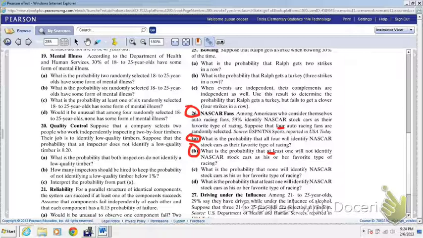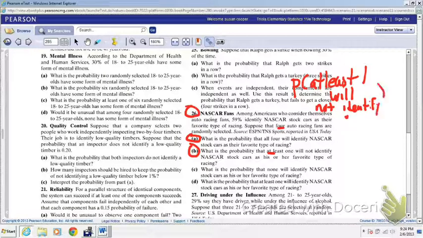At least one will not identify. I translate this. Okay, so the probability that at least one will not identify, I'm just going to shortcut the language there, will not identify NASCAR as their favorite, according to the complement rule, would be equal to 1 minus the probability that none will not identify